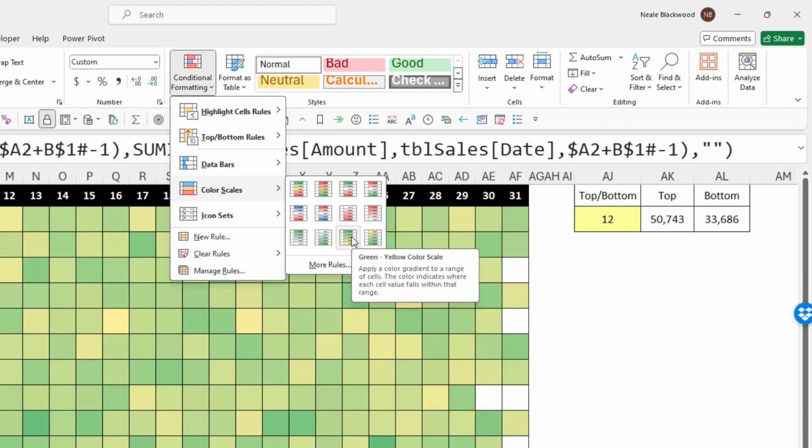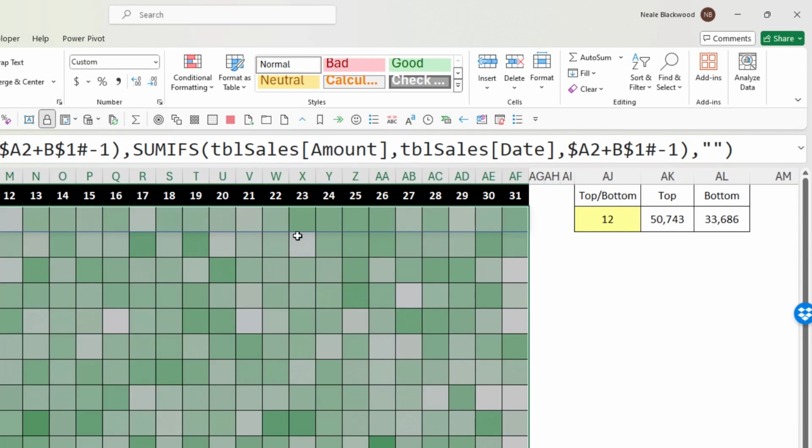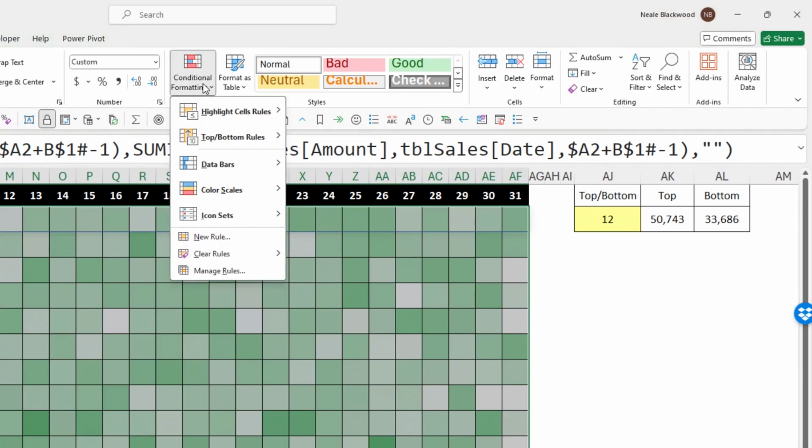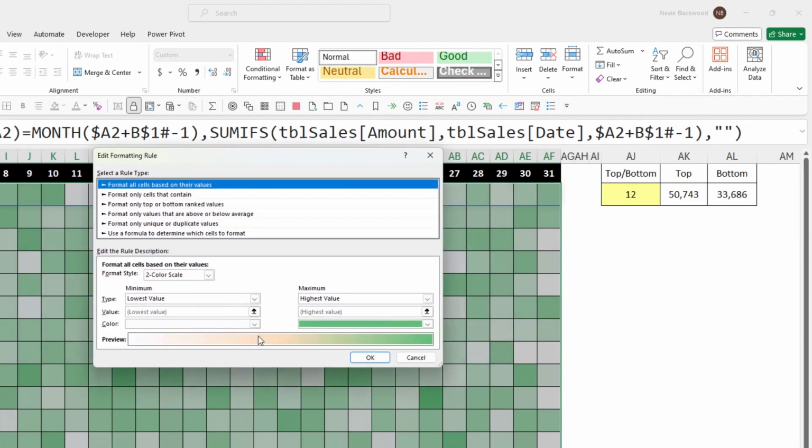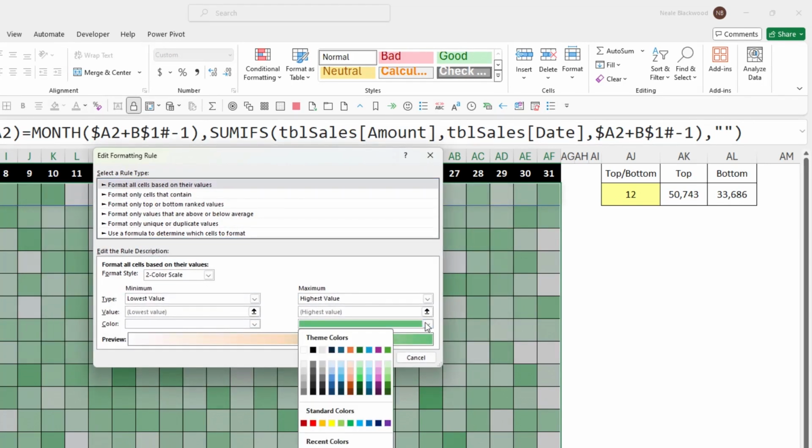So you could use, in this case, yellow and green. I prefer to have sort of the single color. It's easier on the eye, put it that way. So I'm going to click that one, and I'm just going to go and edit that. So to edit the conditional format, if you click the conditional formatting drop down and use manage rules, you can then access that rule. So I'm going to double click to open it, and I'm just going to choose the